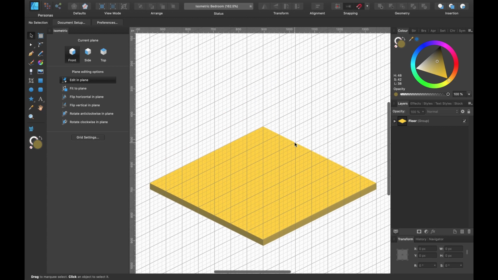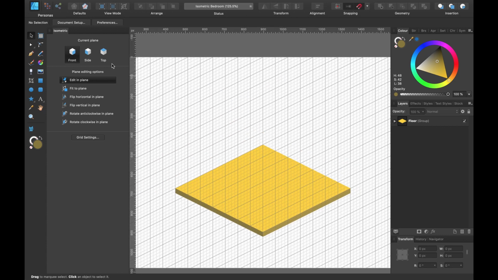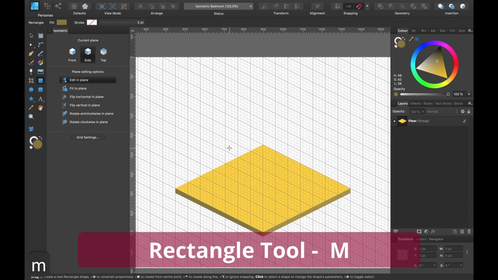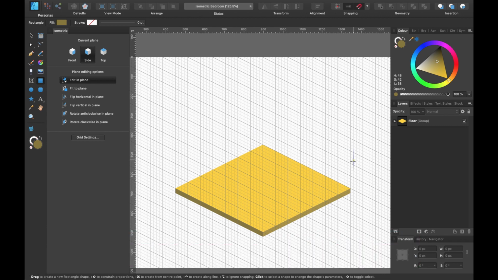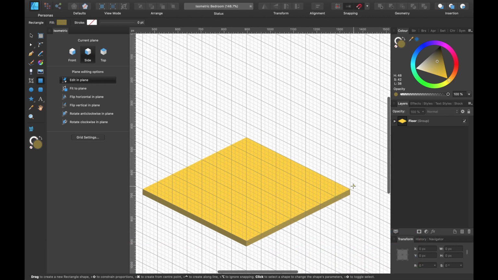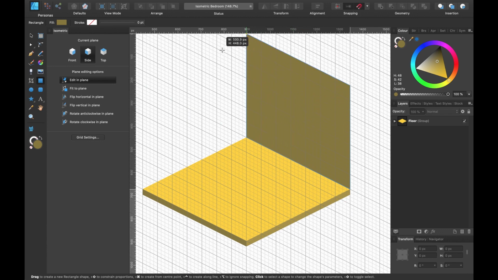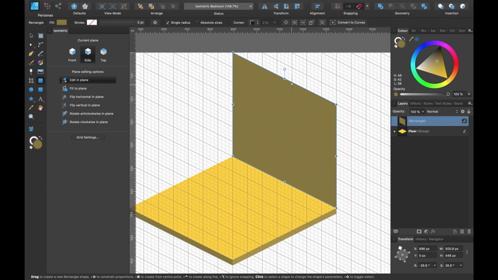Okay, let's create the wall. So I will head up to, let's see, side, and I will click on M, shortcut for our rectangle tool, and I will select down here. Click and hold down shift all the way. I'm going to want this slightly shorter than that. So I want about 6, 1, 2, 3, 4, 5, 6 tall. So I'll click and drag the handle till it goes down one more.